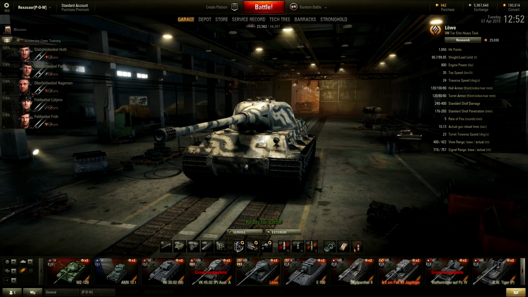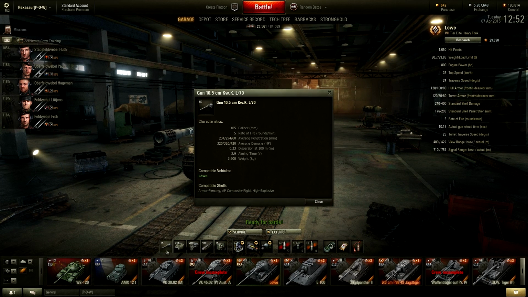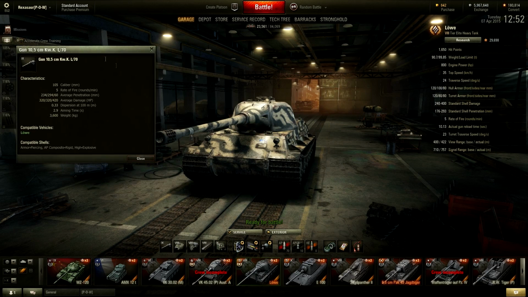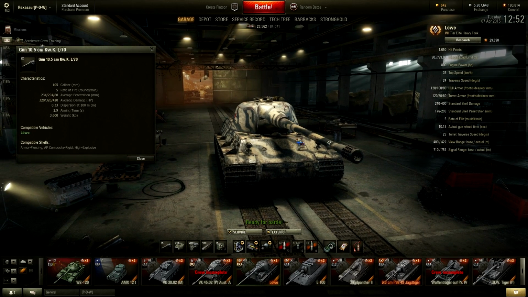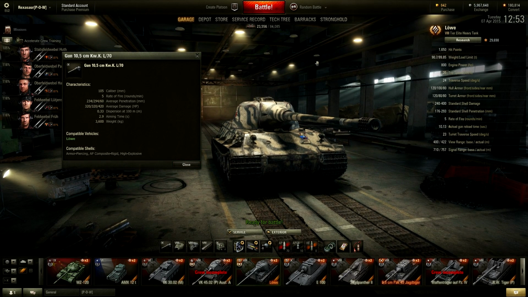But what about the gun? Now, I have equipped, of course, some special things to make things better, but the gun is a tier 9 gun, a very, very good gun. It has 5 rate of fire. This fires every 10, 11, 12 seconds. I can't remember. I think it's every...